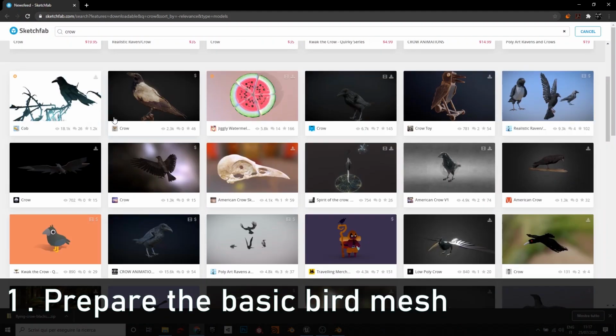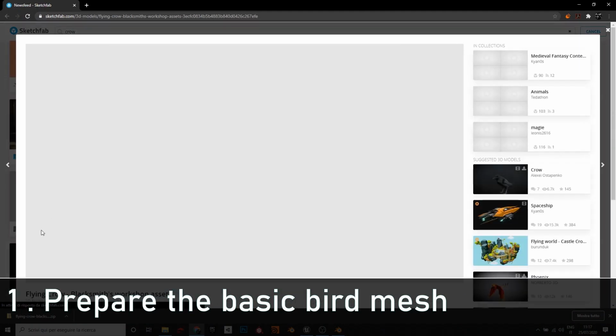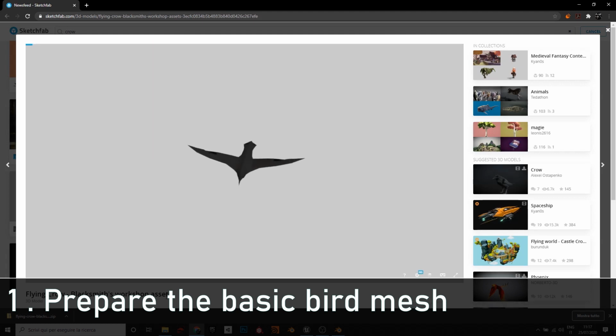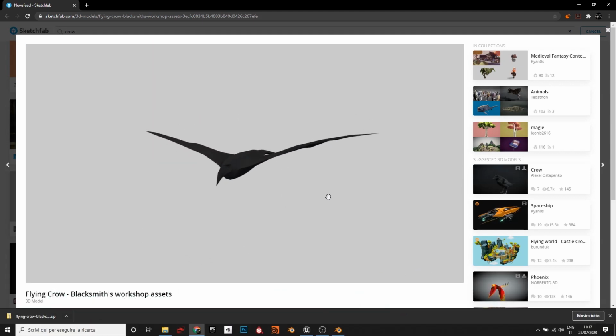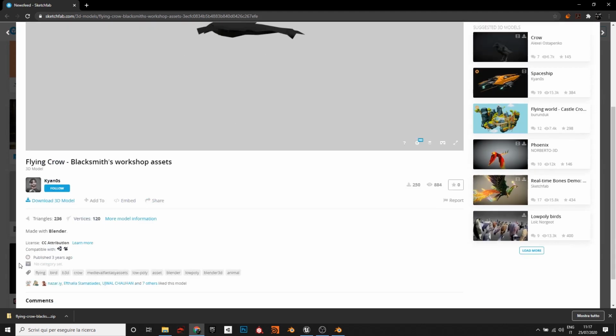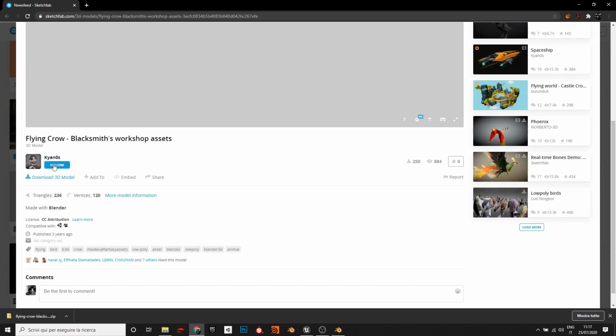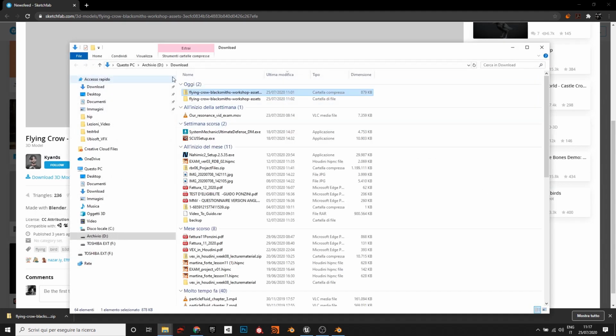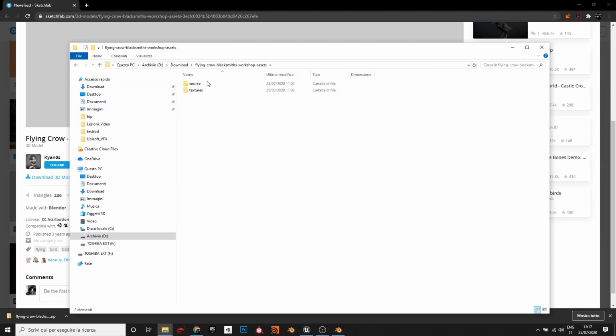Downloadable assets. If you scroll down, you can find the Flying Crow Blacksmith Workshop asset. I think this one works pretty well, so you can download it. It is by Kianos. You can download the Blender file. If you go inside the Flying Crow Blacksmith Workshop asset, you can find some textures, normal and ambient occlusion, and you can find the original Blender file. We can open it,